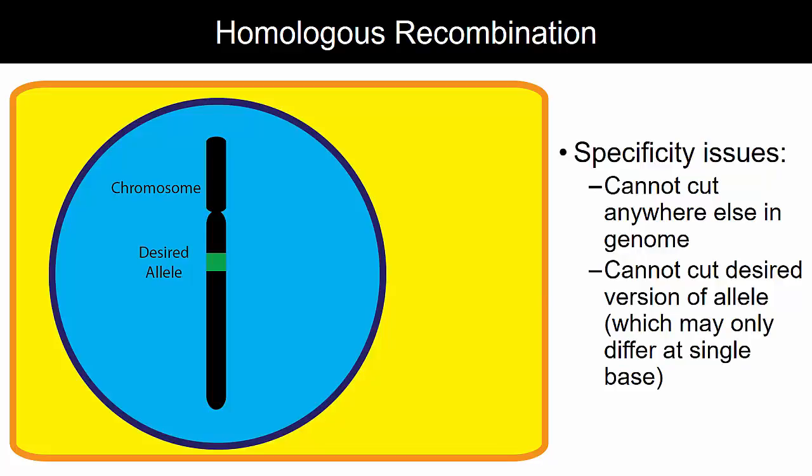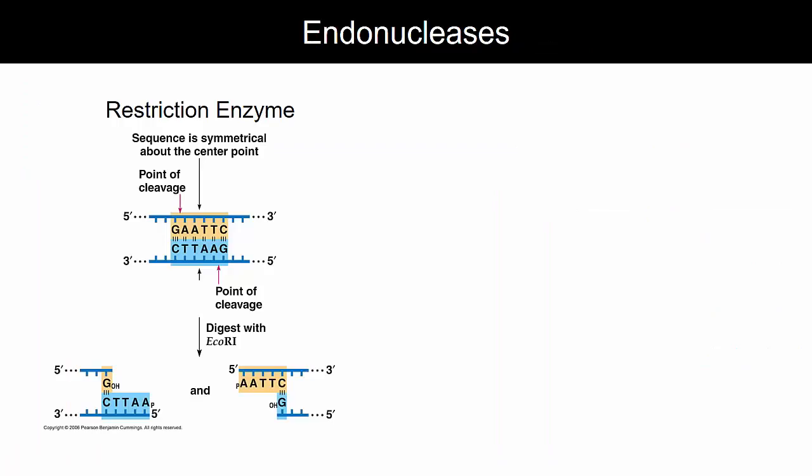It can't cut anywhere else in the entire genome, and it can't cut the very similar sequence we want to replace the allele with. We've already talked about restriction enzymes that catalyze double-strand breaks. The problem with them is that the sequences they recognize are typically only 4 to 8 base pairs in length. That's small enough that any given site would occur many times throughout a genome as large as ours. For a site to be unique in a genome of 3 billion bases, it probably has to be at least